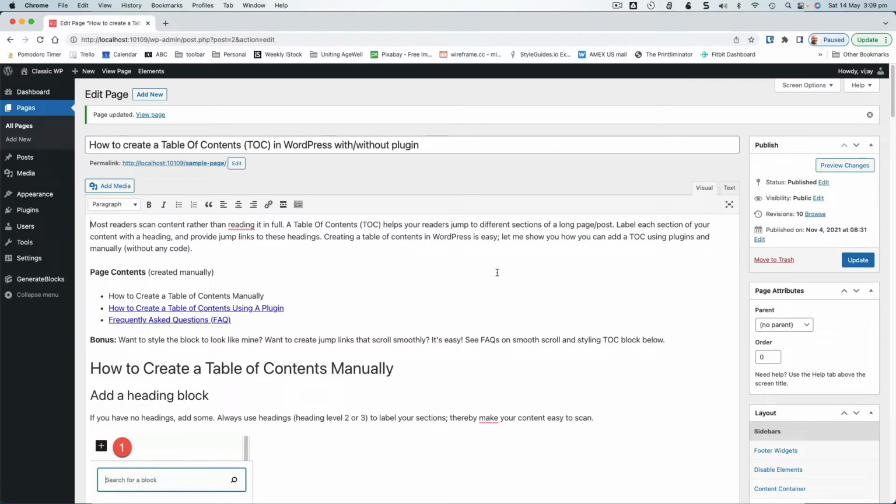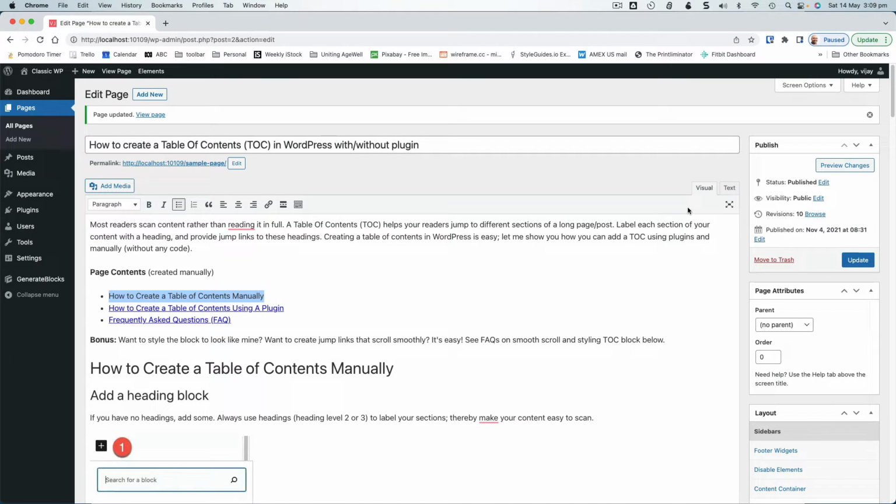While the Gutenberg Block Editor is amazing, there's still the opportunity to use scroll to links manually using classic WordPress. It's a bit of code wrangling, but let me show you how to do it. So I've got a couple of links already set up, but I'm going to set this one up to the first heading. Before we do so, you've got to get familiar with the two tabs in the code editor,